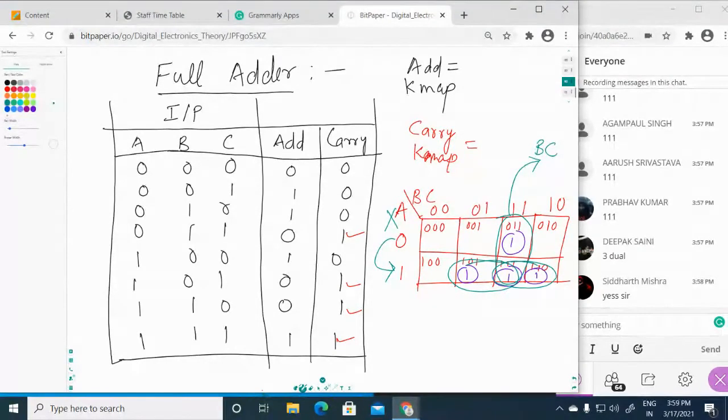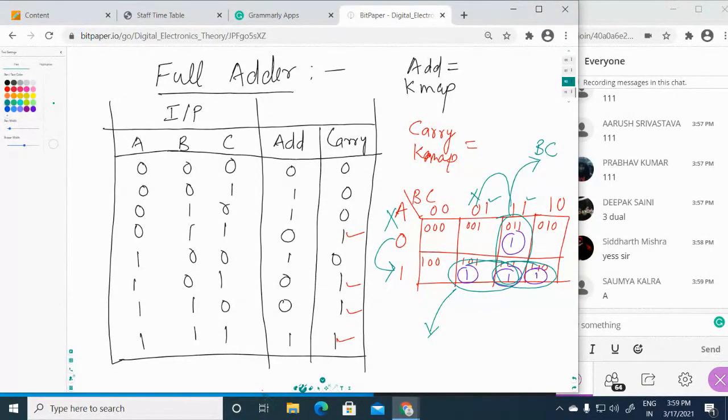So your first reduction for this loop is BC. Now you will take this loop. This value is not changing, but here you can see this 0 is changing to 1, so we will not consider this 0. We will consider only this one. So what is the value for this one?